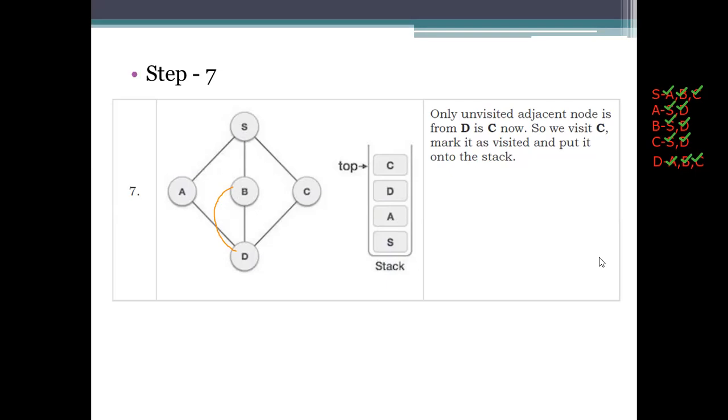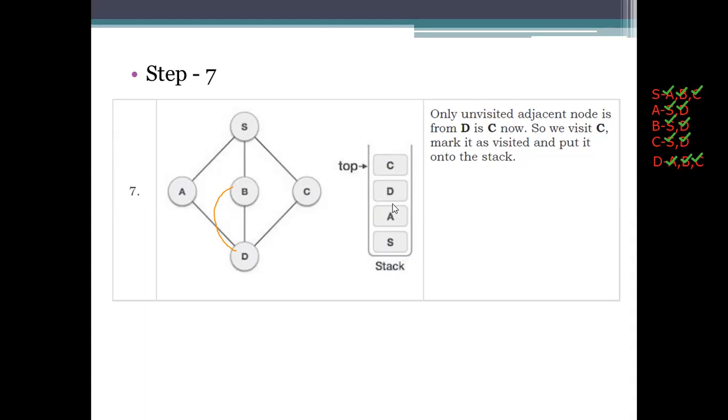There is no such node. What we have to do is empty the stack, and this is the traversing order. Like that, we need to process one. So first, we need to take the adjacency list into account, since we are considering it as an undirected graph. So any vertex which has an edge to any node will be treated as an adjacent node.